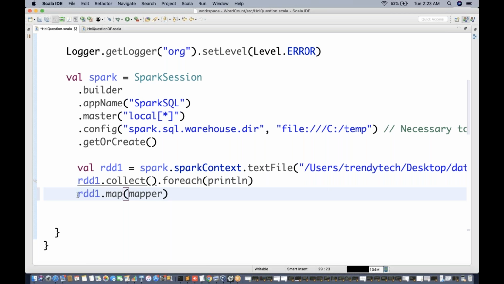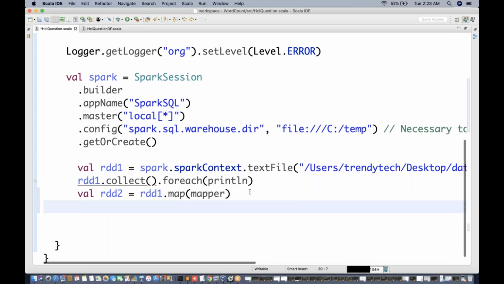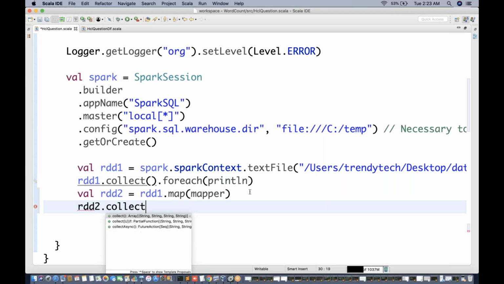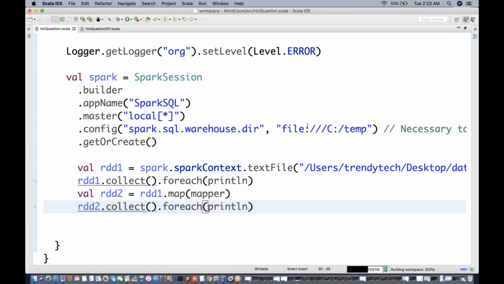Now let me try to capture it in some other RDD. RDD2 equal to this, and I will now try to print rdd2.collect.foreach(println), right?